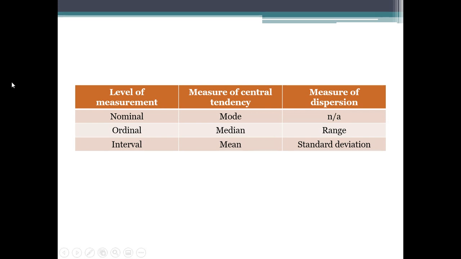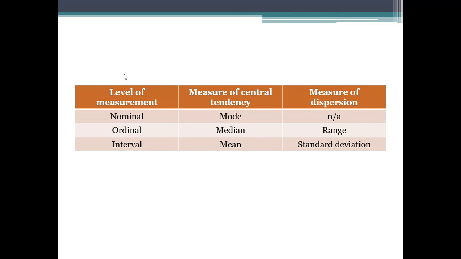Now, it's also worth thinking as to how your levels of measurement link to your averages and your spreads. So levels of measurement are ordinal, nominal, interval. Your measures of central tendency, your fancy word for averages, are your mean, your median, and your mode. And your measures of dispersion are measures of spread. Now, there is a better average and a better spread to use for the different types of data, and that's shown in this table. And it's worth having a look at this because sometimes you can be asked a question,